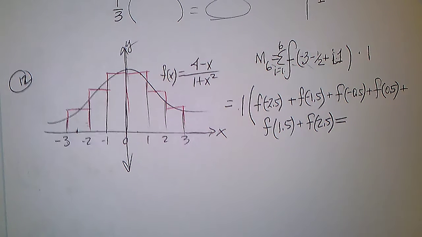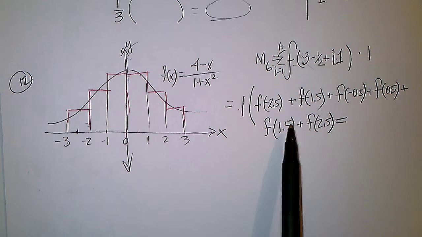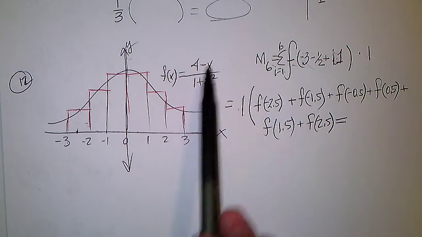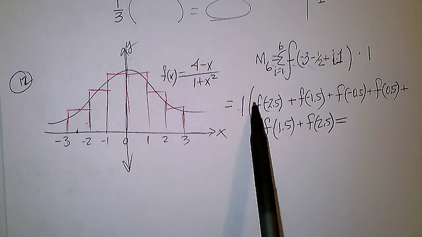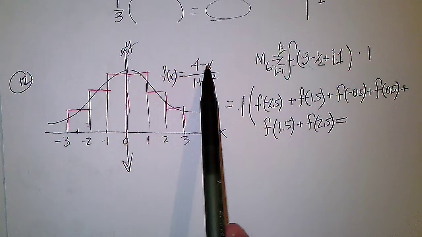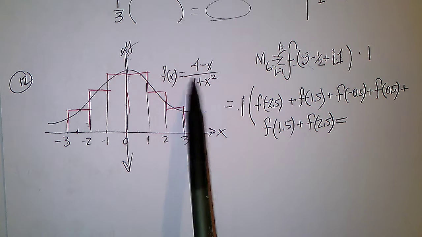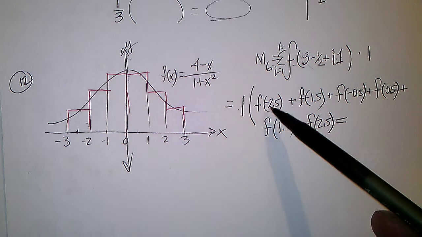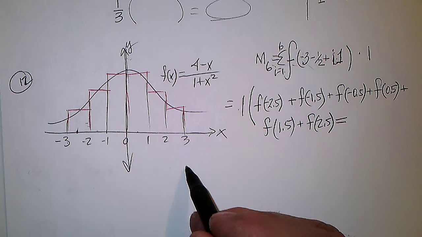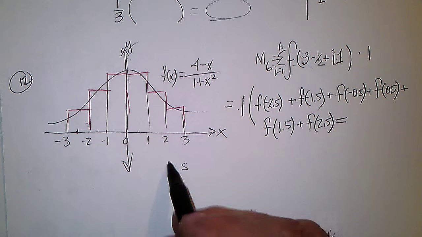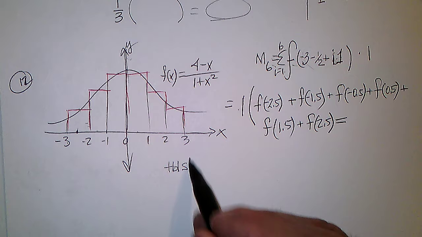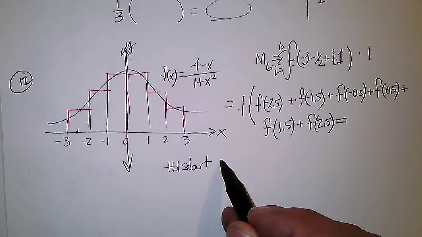I don't have my calculator. A little tricky to put those in for the x's here and figure out what f of it is, but that's what I would do. I put -2.5 in for the x's and figure out what it is. I would actually make a table. I make the table start at